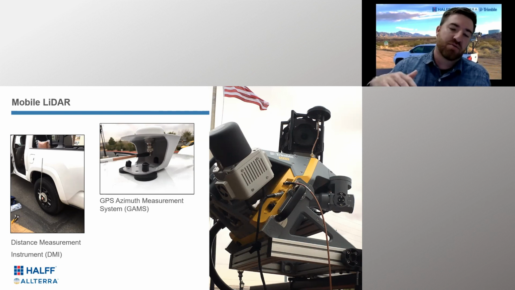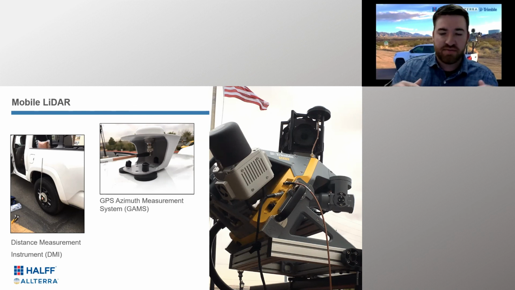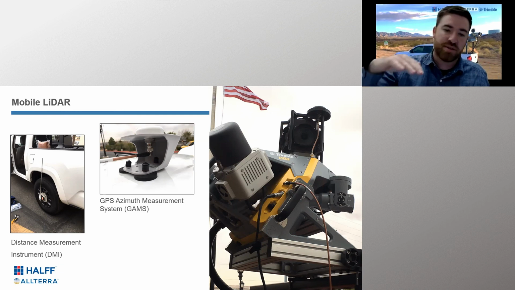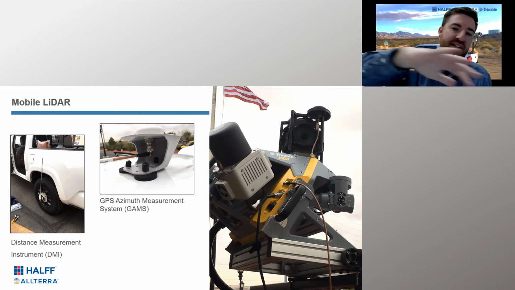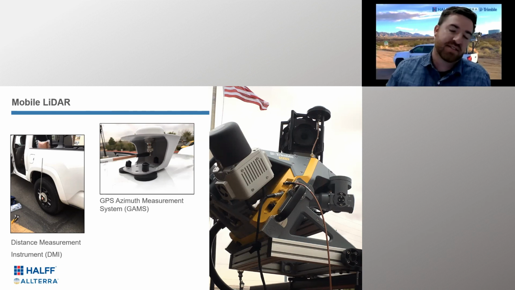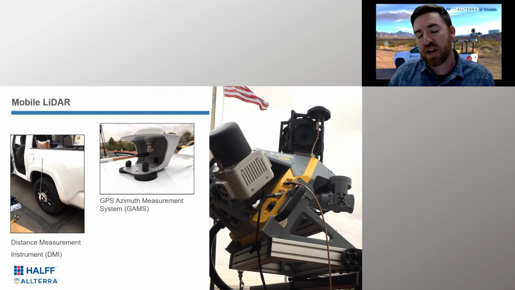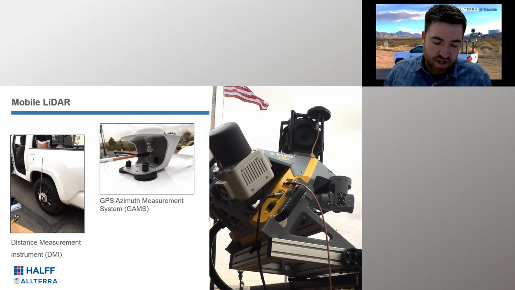I like to tell inexperienced folks that the IMU is correcting as the vehicle's jostling and moving around. So think as you're going around this NASCAR bank at 70 miles an hour, the IMU is helping the system correct that data in real time so that you get a data set